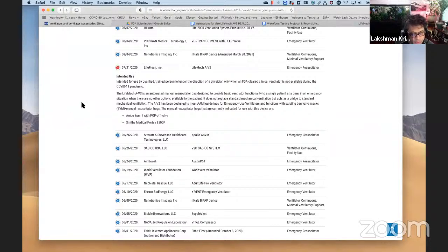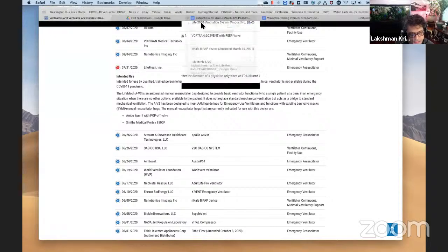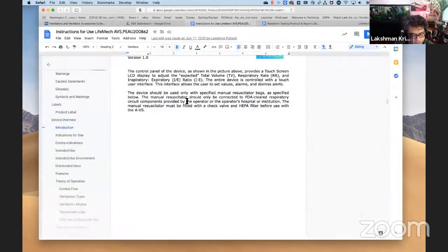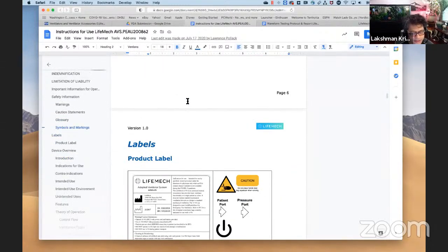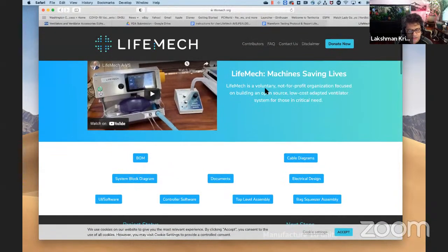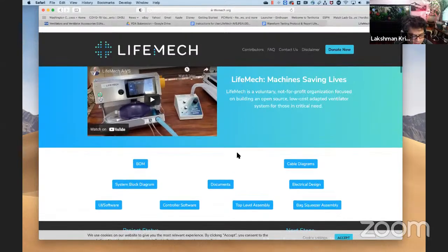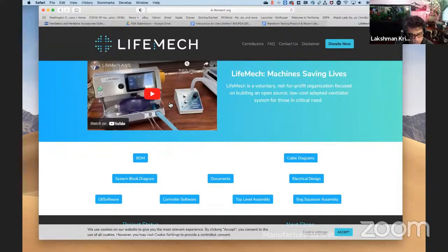So to introduce our device, I pulled up the instructions for use. And really, a good place to start is the LifeMac website. It's lifemac.org. So you can go up there. There's a little video of the device. You can play the video. It'll show you the device working with the breath simulator. I won't do it right now, but if you want to go offline and look at it,